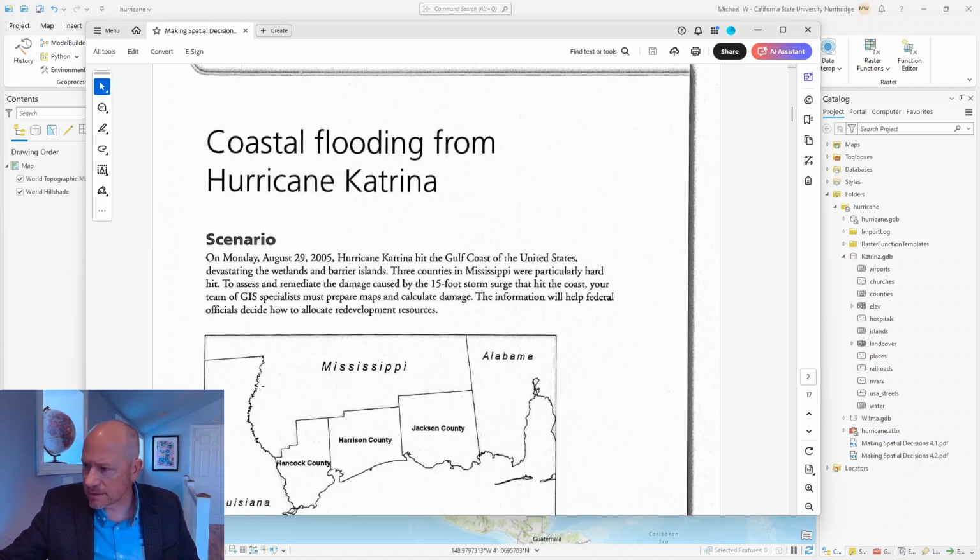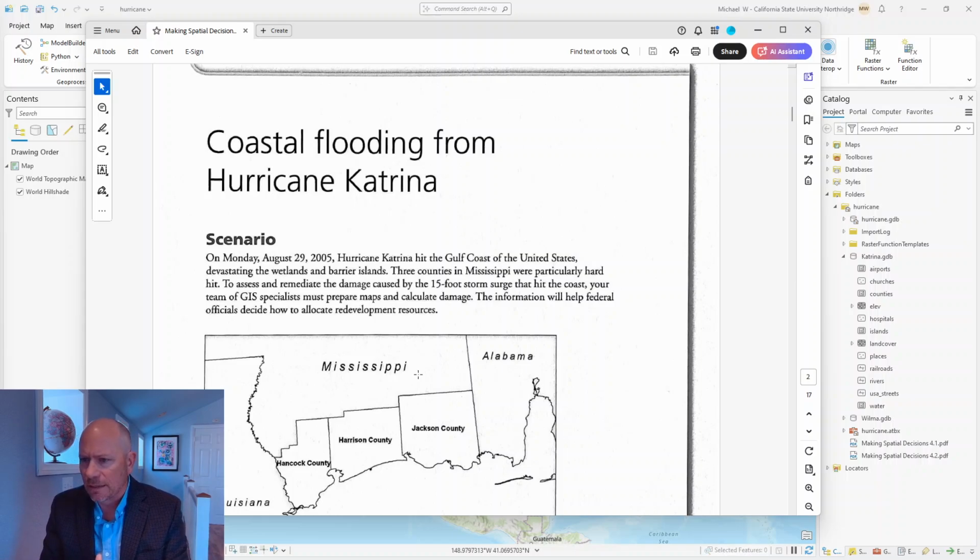But this comes from this Esri Press tutorial book, and it's one of the few that I actually really like with how they've set stuff up here. And so we're gonna go through 4.1. I'm gonna read through, point out some key things I like from here. Some of this stuff I'll have you do on your own, but other things I'll guide you through. Especially some of the raster analysis stuff. That'll probably be the third video for this stuff, just to get into what they're doing with some of that